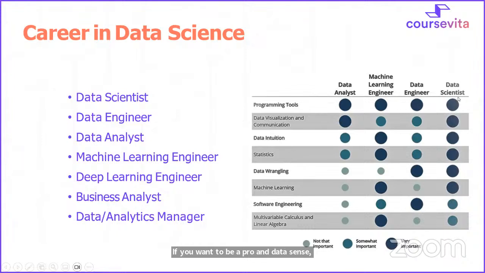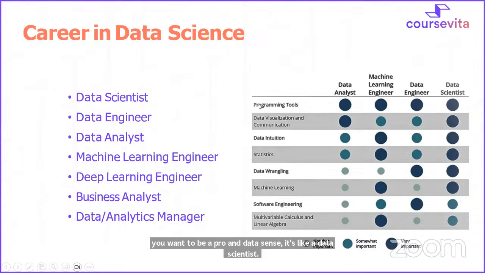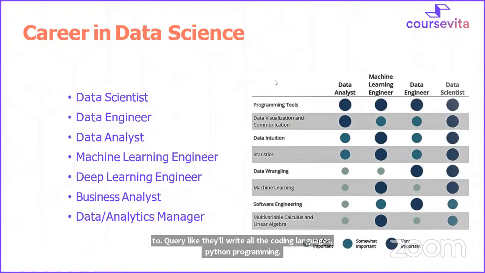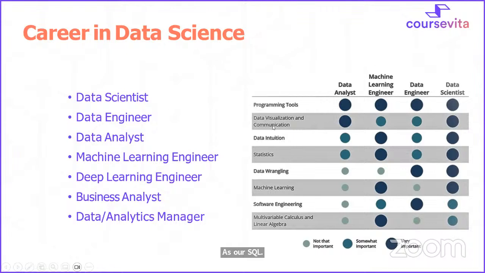A data scientist is a person who can write queries and write code in languages like Python programming, R, SQL, everything. So they are familiar with programming tools as well as data visualization and stats. And like I just told you, data collection in terms of Excel or in machine learning. If you have all the skills, that helps you become a data scientist.